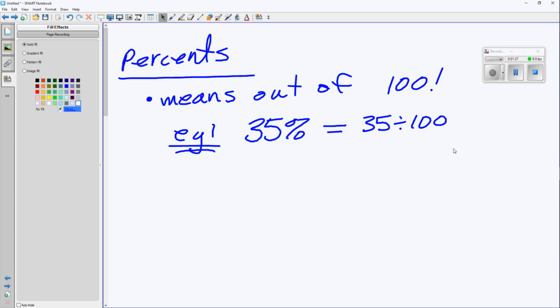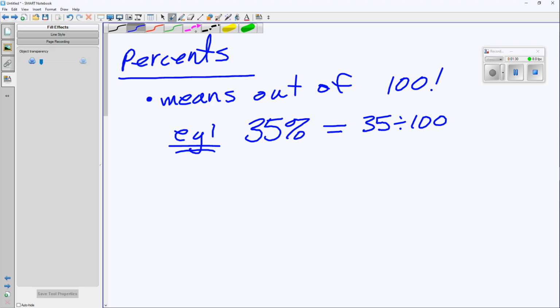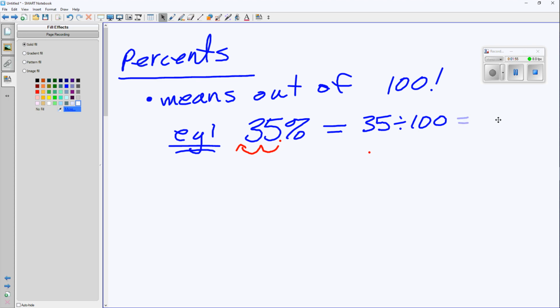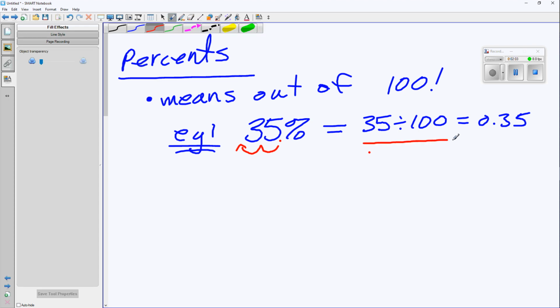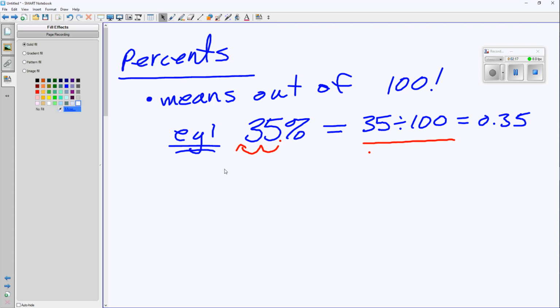And then all you do is move the decimal, which is understood to be at the end of 35, over 2 spots. For example, you'd put your decimal point here, then move it over 2 spots, and you would get the following answer: 0.35. Or you'd use your calculator to get 0.35. Either way, we can do that. I tend to do 35 divided by 100 and then do the calculation. You guys will probably use moving the decimal over twice. So for example,